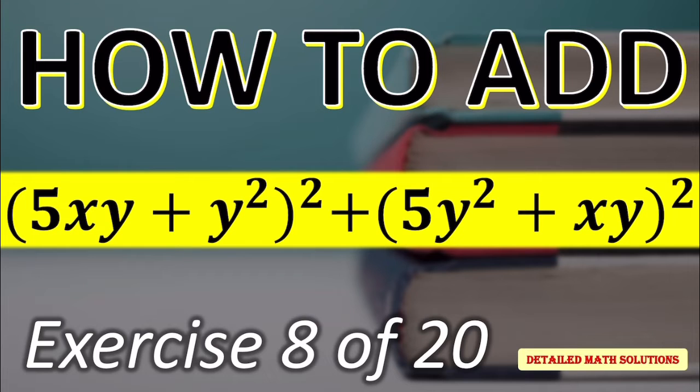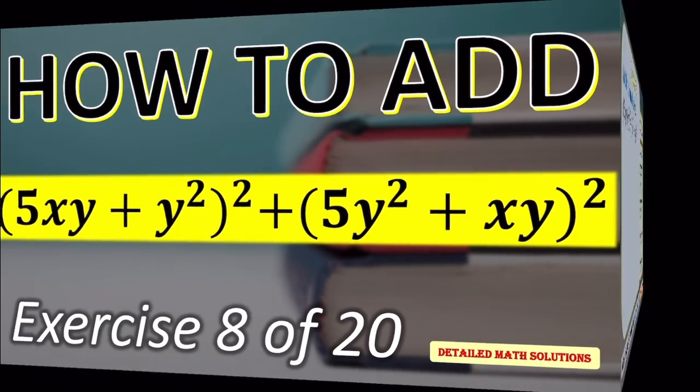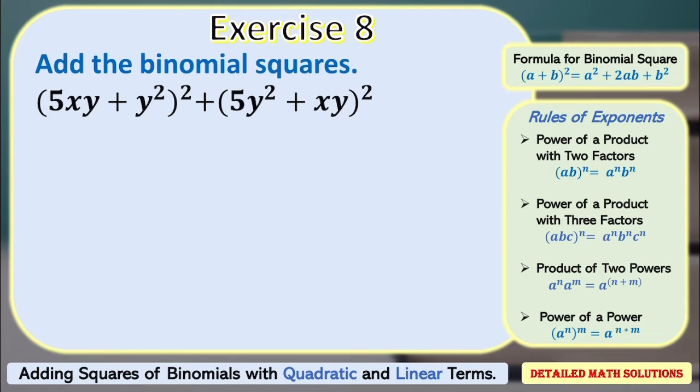In this video, I'm going to write and explain step by step how to add the squares of the binomials 5xy plus y squared and 5y squared plus xy. First, I'm going to expand each binomial by applying the formula for Binomial Square. This equals